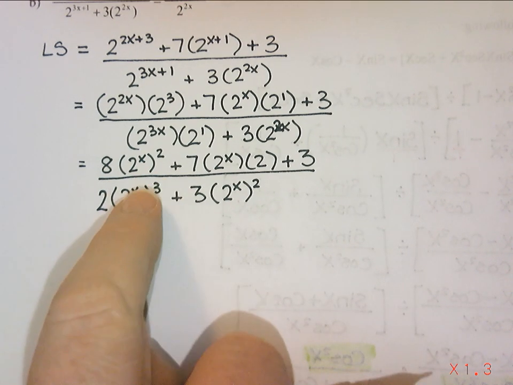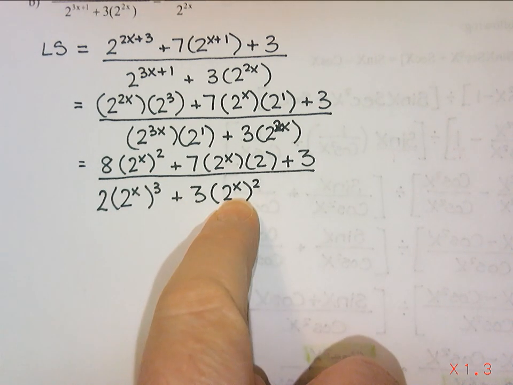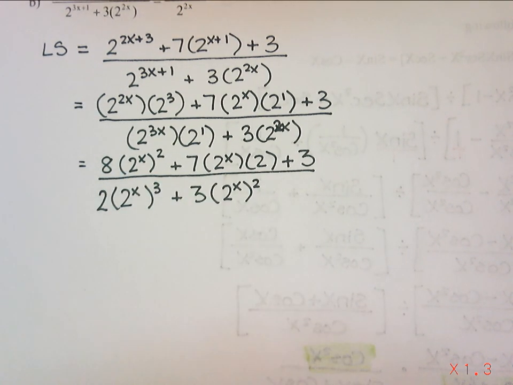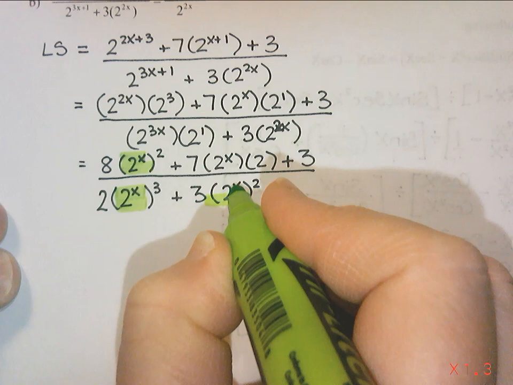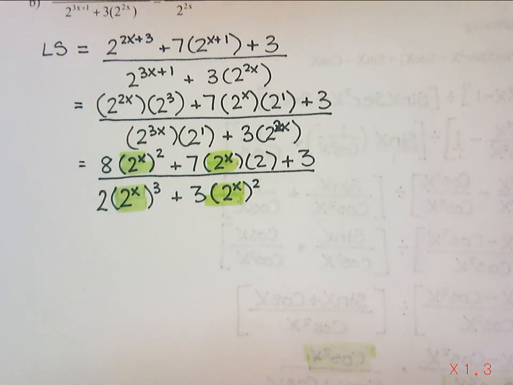All right, I do now notice I have 2 to the x, 2 to the x, 2 to the x, 2 to the x. So I have something that I could pull out and use variable replacement with. I didn't before because the exponents didn't match, but now I have things where the exponents are all the same. So I'm going to take that out and let that be an a, but there is something I probably would do first,